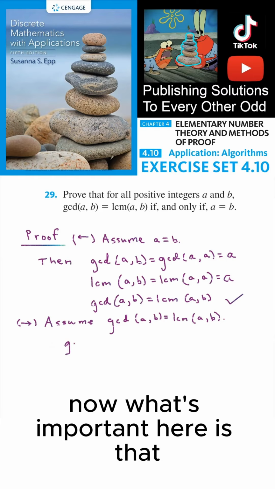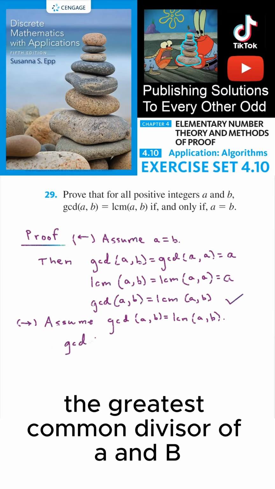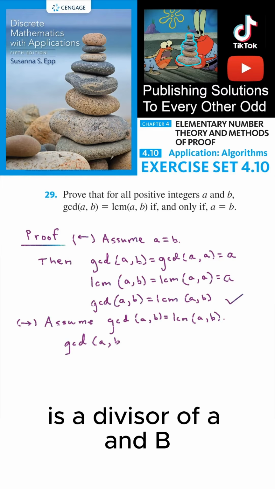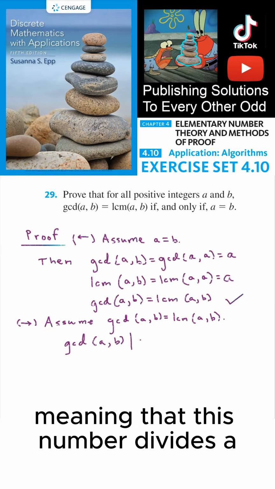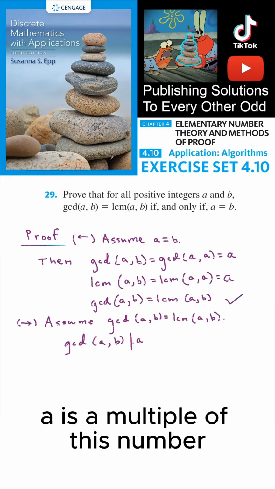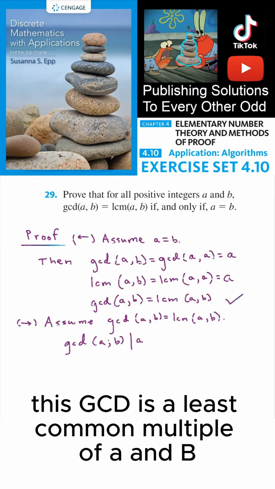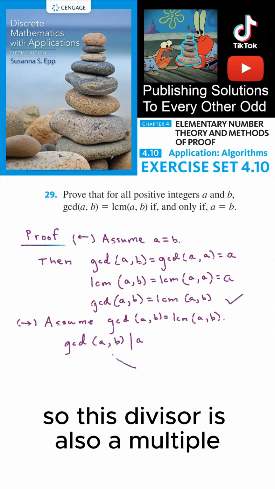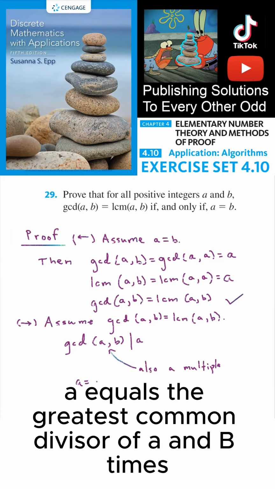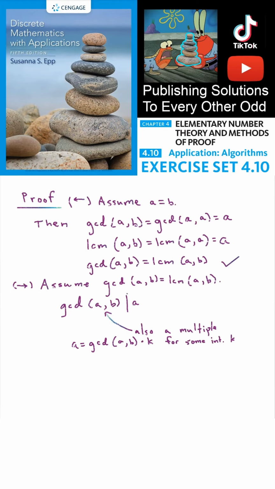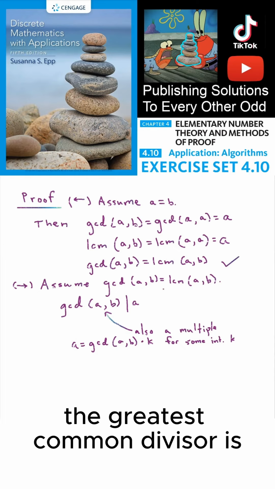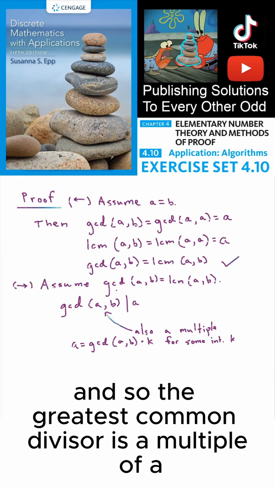Now what's important here is that the greatest common divisor of a and b is a divisor of a and b, meaning that this number divides a. A is a multiple of this number, but at the same time, this GCD is a least common multiple of a and b. So this divisor is also a multiple. So on one hand, a equals the greatest common divisor of a and b times some integer k, but at the same time, the greatest common divisor is the least common multiple, and so the greatest common divisor is a